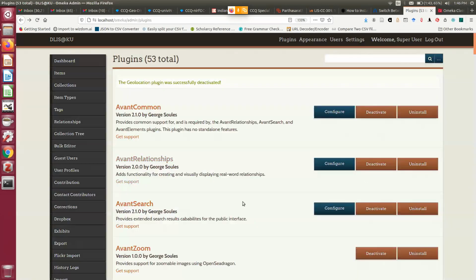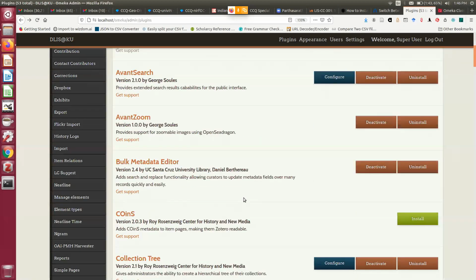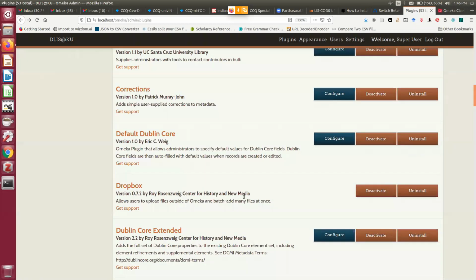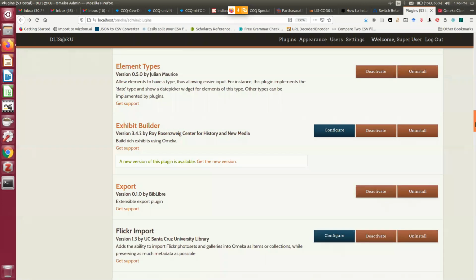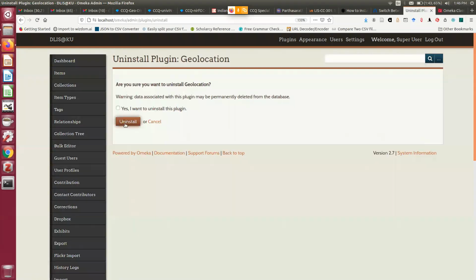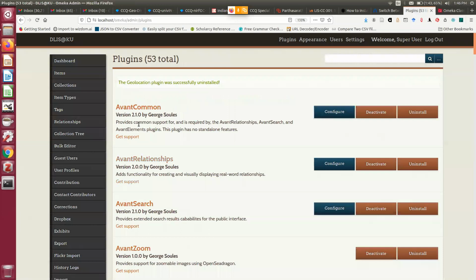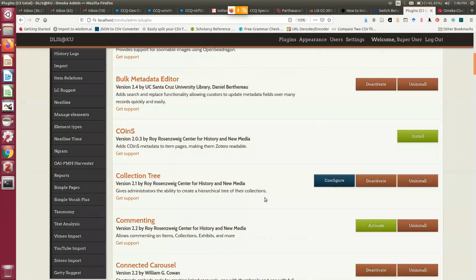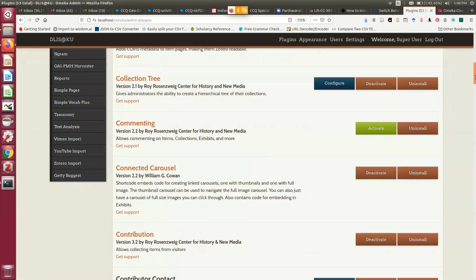Then after deactivating this geolocation, I can uninstall. Yes, I want to uninstall this one. So my geolocation is uninstalled. There is no trace of geolocation anymore.